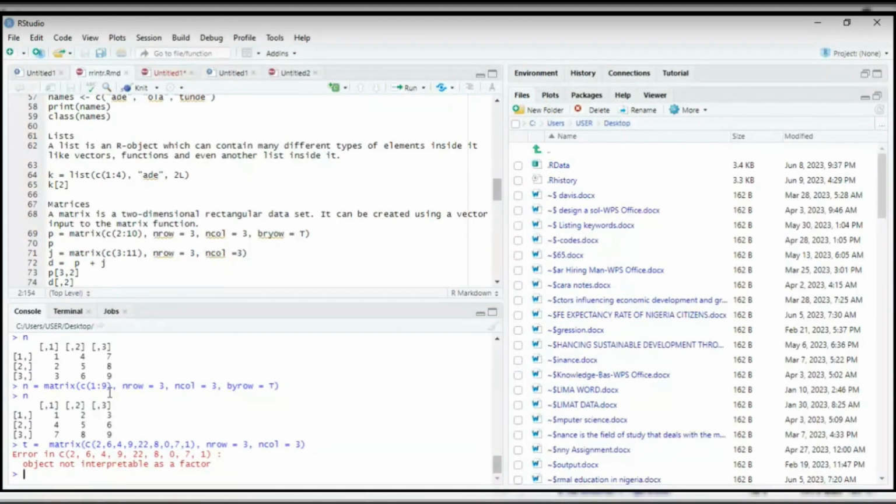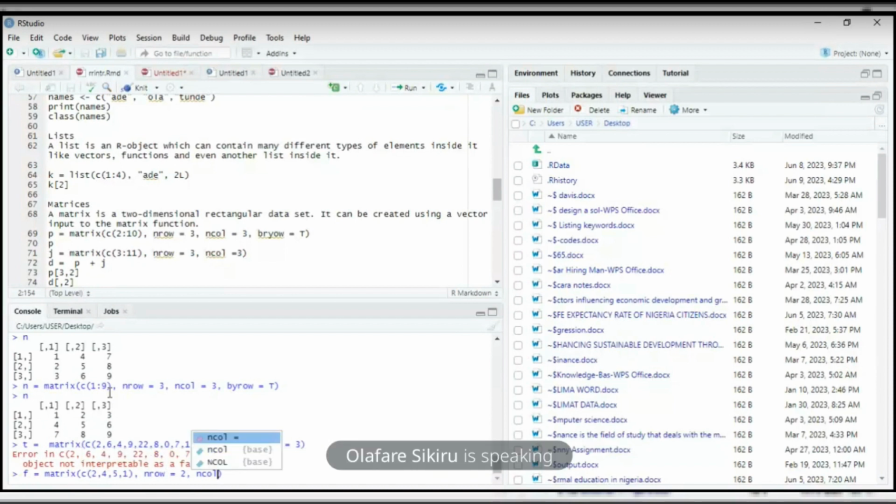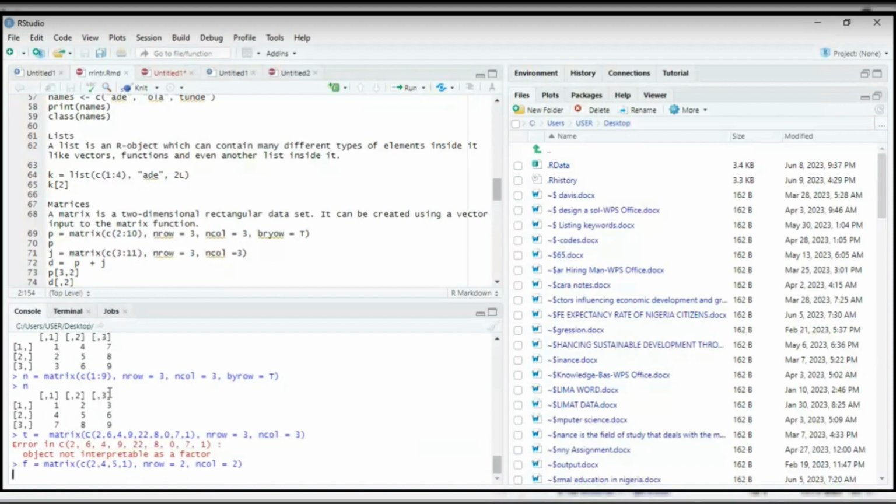Sorry. Of is equal to matrix of brackets 2, just to save our time, n row is equal to 2, n column is equal to 2. Now,